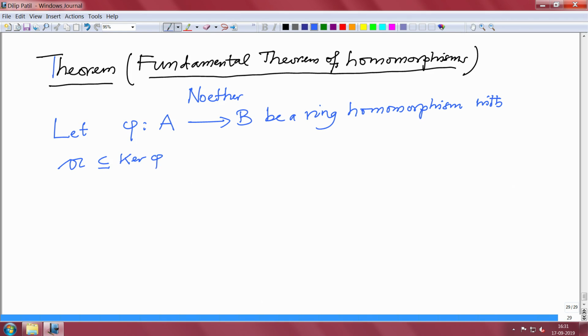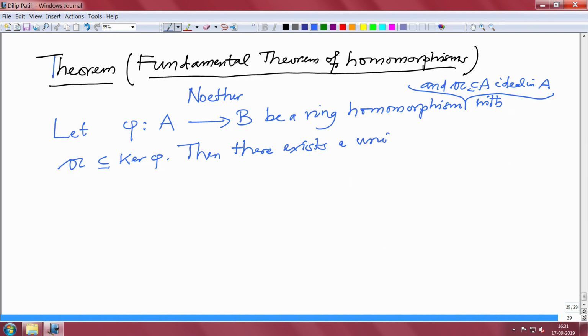So I should have said in the beginning: let phi be a ring homomorphism from A to B, and let A be an ideal in A with the ideal A contained in the kernel of phi. Then there exists a unique ring homomorphism from, so A is here,